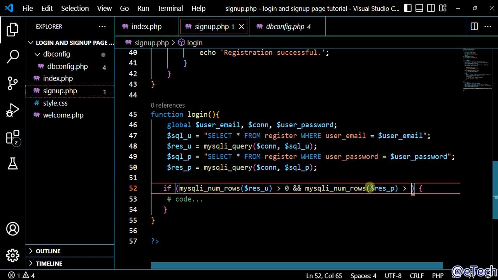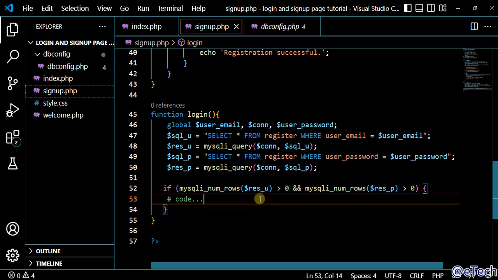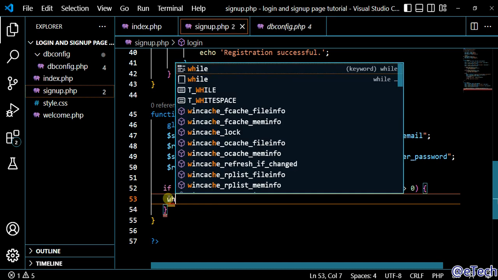If this is also greater than 0, so we want to use the while loop to go through our table